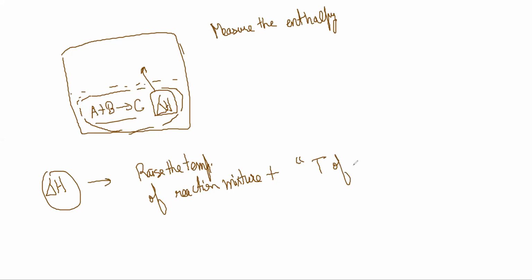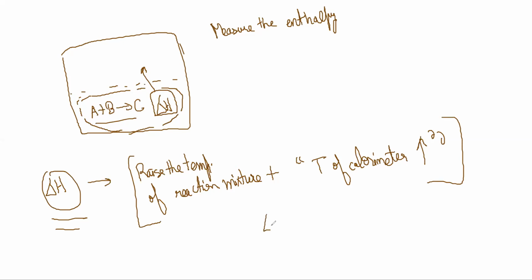The temperature of the calorimeter goes up, right? So both the things could happen. What else could have happened? If this much heat is released, it could have done some work also. These are all changes in internal energy, right? Right now we are not talking about any work because you have closed the vessel. It was a closed vessel, volume was constant, so no work will be done, right?